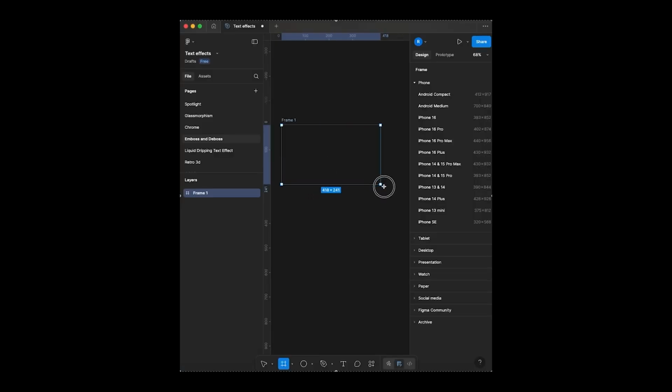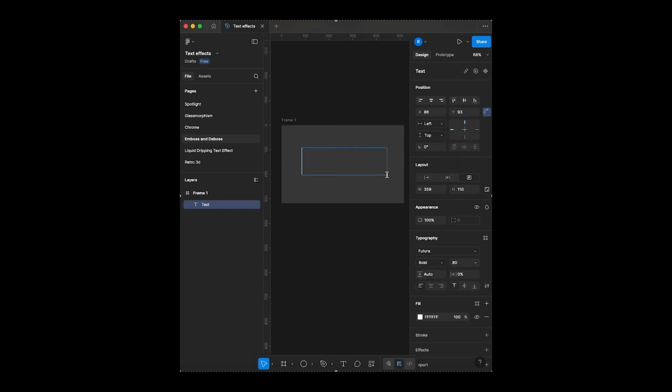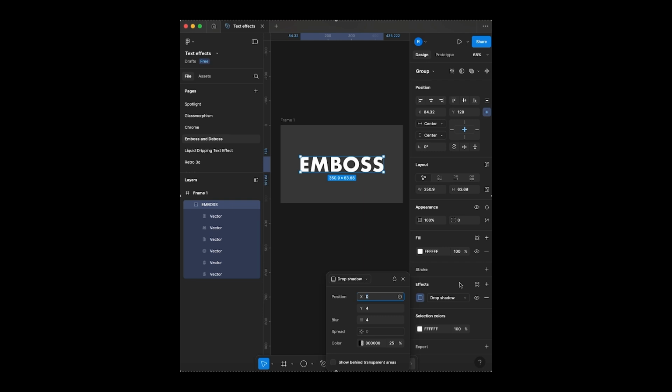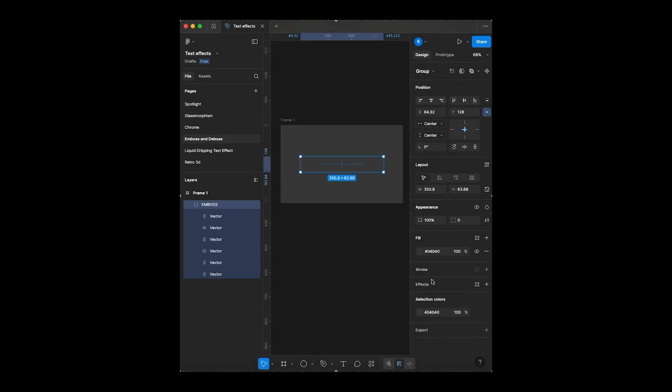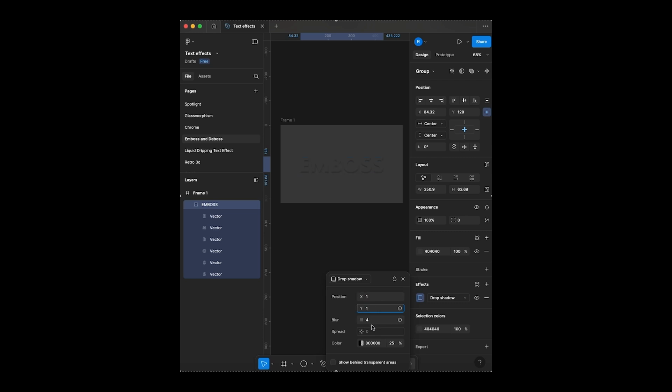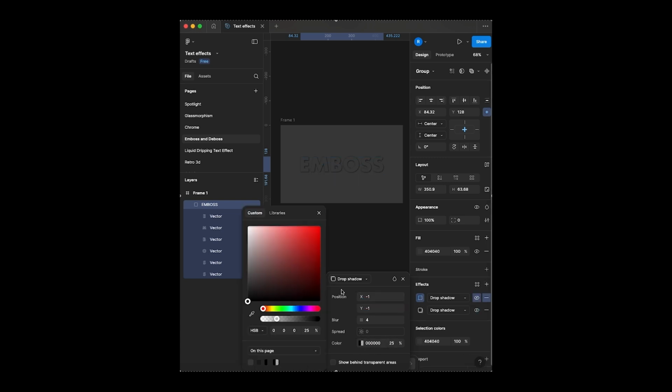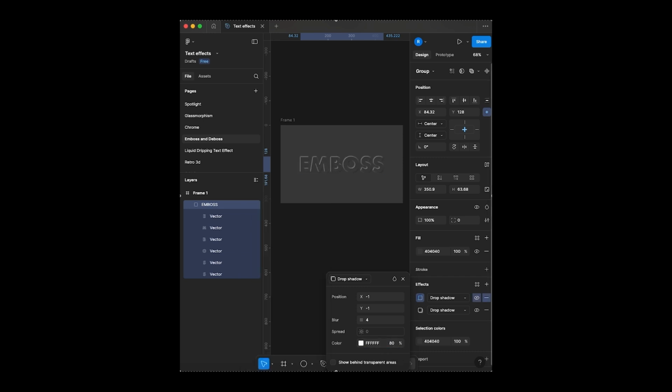Number 7 in the list is Emboss and Deboss text effect. Let's get started. In an empty frame, set the color to gray and make the text color similar to the frame color. Now for emboss, let's set drop shadow X to 1, Y to 1 and opacity to 80%, which is bottom right. Add another shadow that is white, X to -1, Y to -2, opacity to 80%. That's emboss effect. For deboss effect, which is exactly opposite